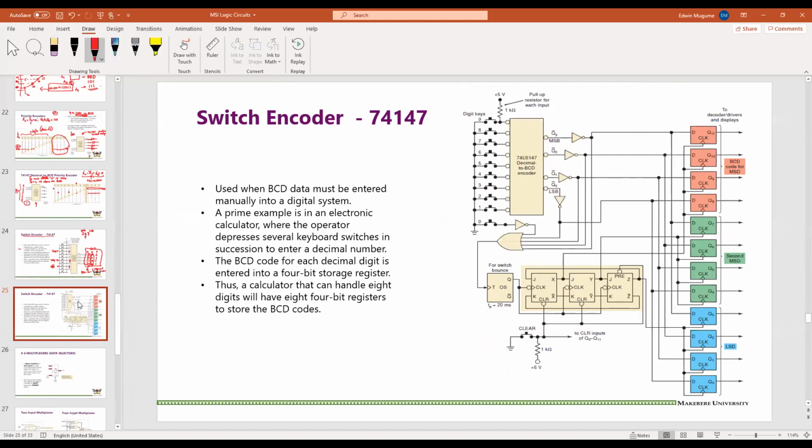Now let us look at how this actually works, because the display, usually you store this information. You can store this information in registers. If you are not going to display, this is not for displaying. This is for storage now. How do you actually